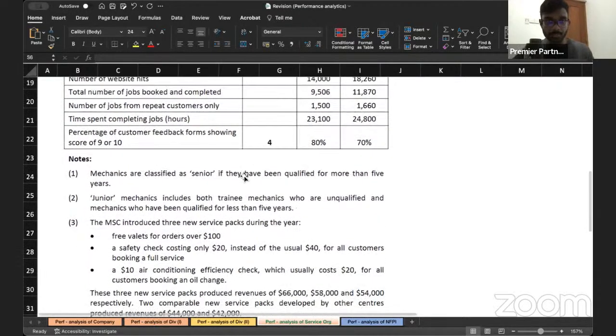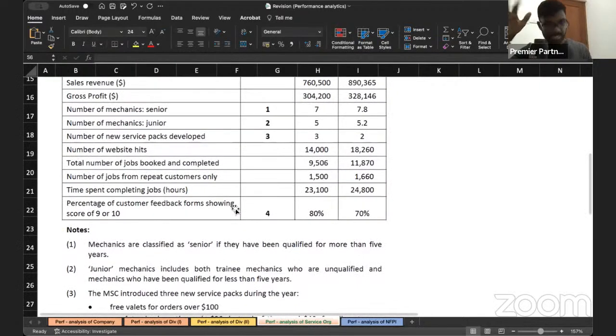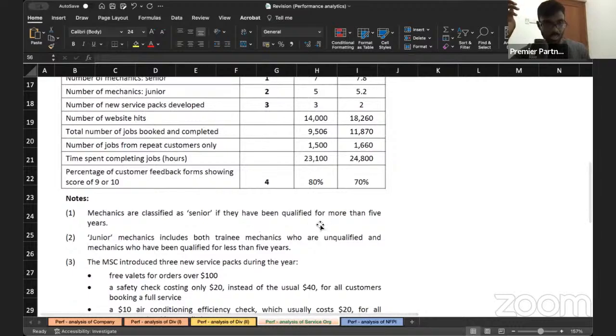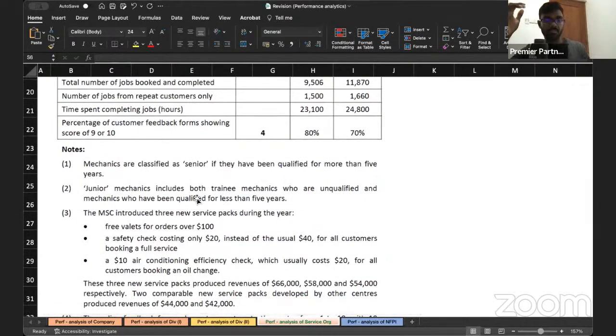So there are notes, no? Let's go through the notes as well. Mechanics are classified as senior if they've been qualified for more than 5 years. Okay. Junior mechanics include both trainees who are unqualified and mechanics who have been qualified for less than 5 years. So under junior, you have trainee mechanics and also other mechanics who haven't met the 5-year requirement. So for you to be categorized as a senior mechanic, you have to do 5 years. Even if there's a guy with 4 years and 6 months experience, he is also